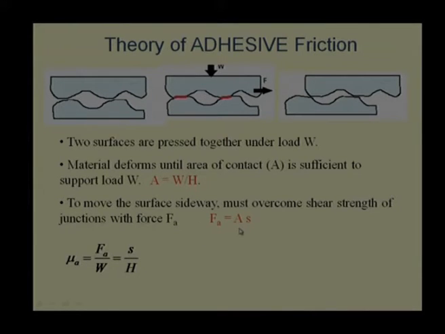A will be cancelled out, that means we really do not have to find out what is the real area of contact, which is a very difficult parameter to estimate theoretically. We can find out experimentally, but estimation using theory is slightly difficult. So, in this case we are not getting area of contact at all, we are getting S divided by H, and both are material and surface properties, and both belong to the softer material